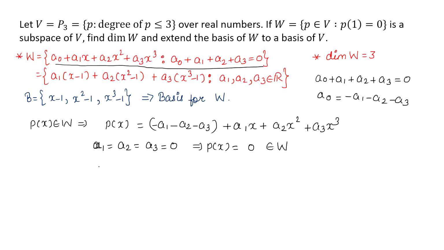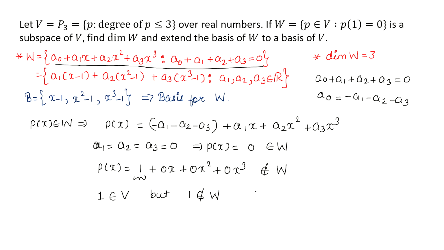What if I provide you a polynomial which is 1 plus 0x plus 0x square plus 0x cube? Then clearly this polynomial does not belong to W because the constant term is not the negative of the sum of the coefficients of x, x square and x cube. Therefore, 1 is a polynomial which is present in vector space V, but 1 is not present in subspace W,